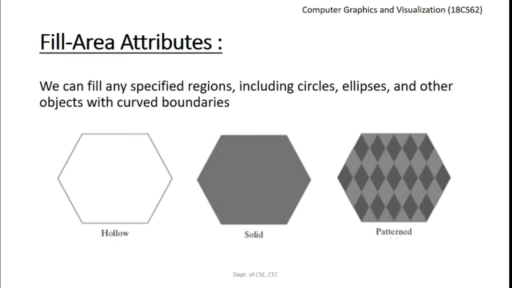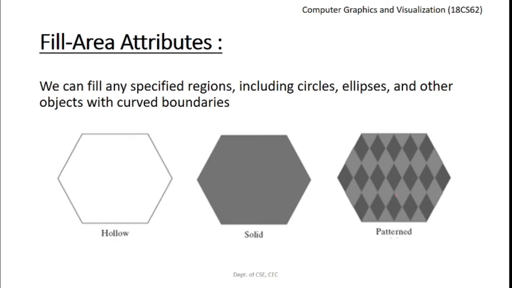We can draw only the boundaries of the polygon, or fill area. That is called a hollow attribute. We can draw it in a hollow way where we specify only the boundary of a given fill area. The second attribute that we can specify is filling a given fill area with a solid color. Maybe I can fill this with red, green, a combination of mixed colors, and so on. So that is called a solid fill area. We can fill a polygon or a fill area with a solid color.